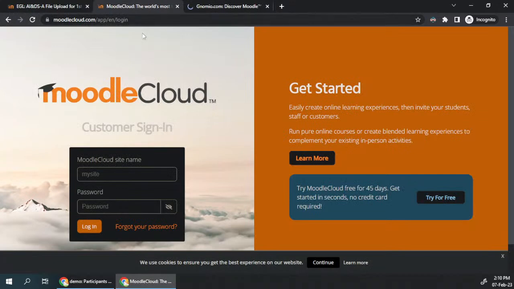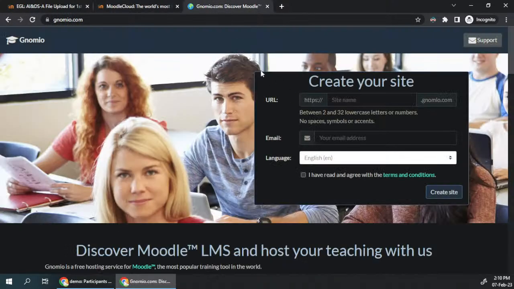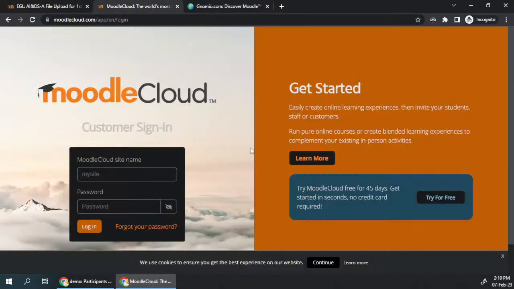These two websites are very famous providers of free Moodle sites. You can just register yourself here, just like creating a Gmail. You can register here. You will get a site and a Moodle account. So Moodle Cloud is the official provider of Moodle, and all the Moodle here will always be on